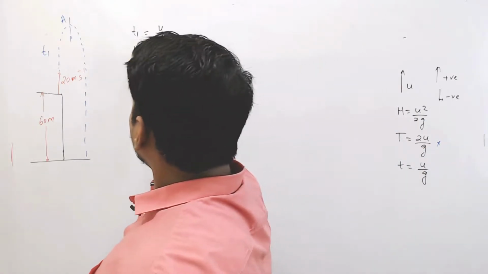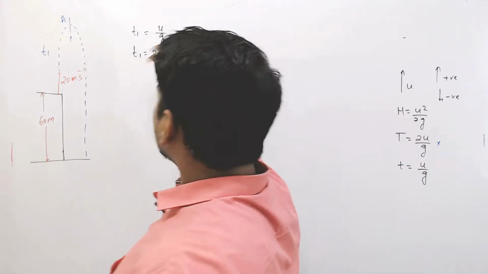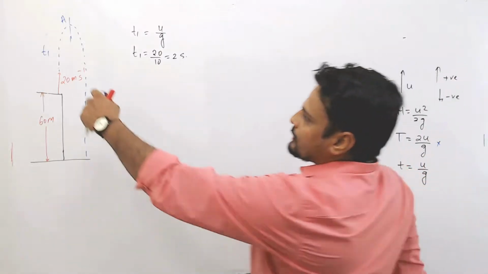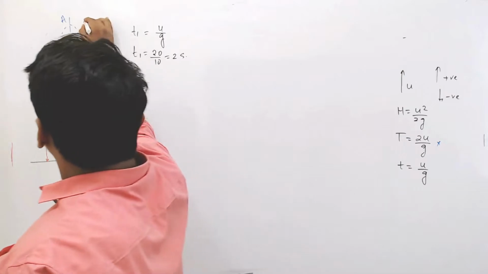Now, what is u? u is 20, and g, let's say, take 10. So this is going to take how much time? 2 seconds to reach the top. Okay. Now, the good point is when it comes back from the top, initially it should be having an initial velocity of